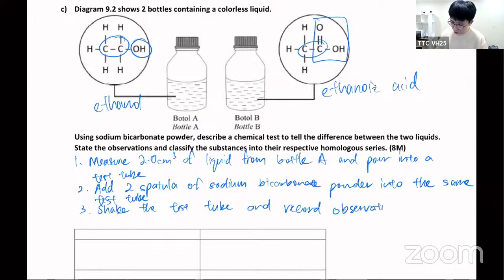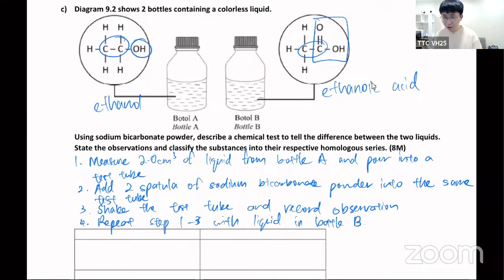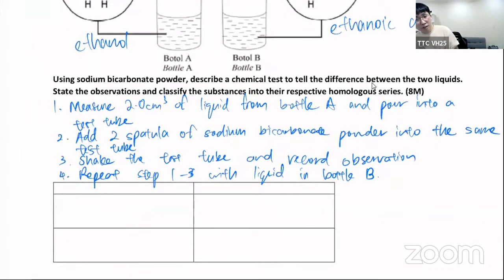Once you're done with this, repeat the whole thing with bottle B. Sentence number 4, repeat step 1 to 3 with liquid in bottle B. Okay, so because it's a base, right? So do you think A from here